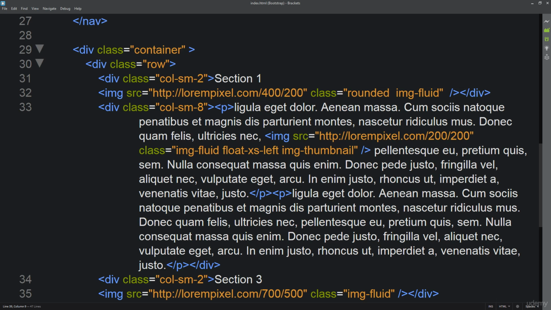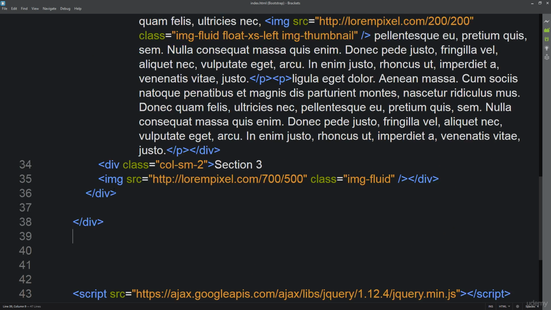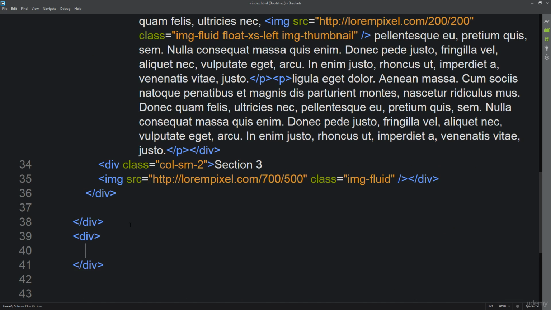The other option is to add it in within this container, or you could do a container fluid if you want to go all the way across. So what I'm going to do is create a separate div. I'm going to give it a class of container, and this is going to give me some more